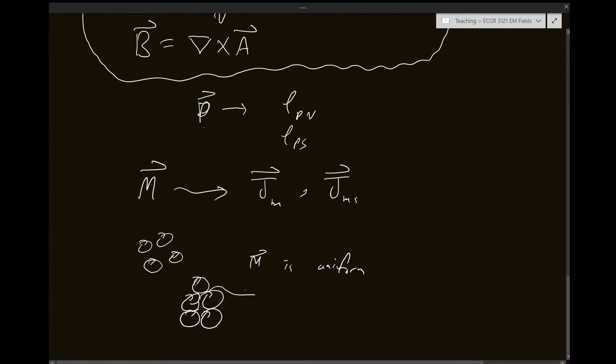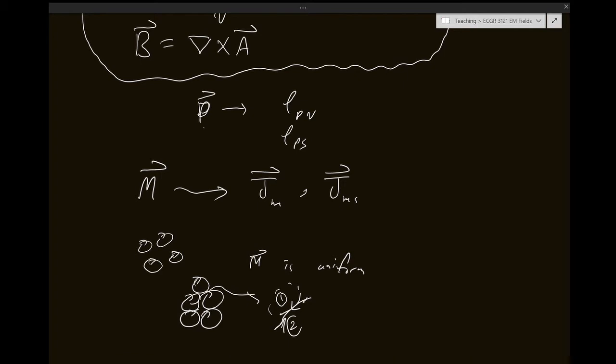So at each boundary, let's say a boundary between two loops, I have the current going clockwise from loop 1, and then from loop 2 the current is going counterclockwise. Right here the current is going clockwise, here the current is coming in counterclockwise, so the currents cancel. So effectively, if there's a uniform magnetization field, all the loops cancel each other and there is no effective magnetization current that is going to exist in the material,